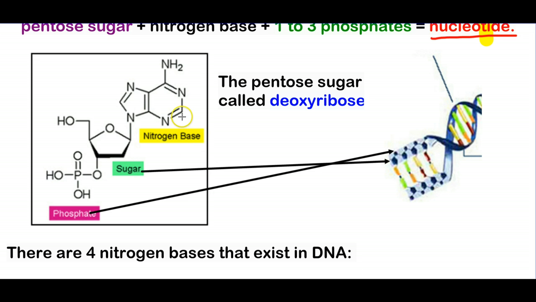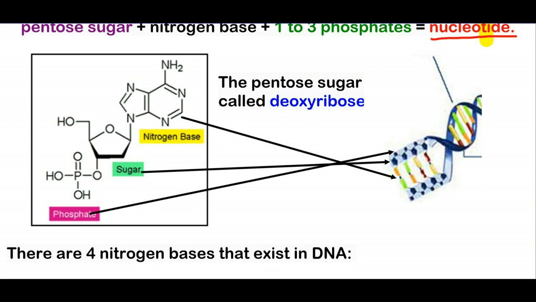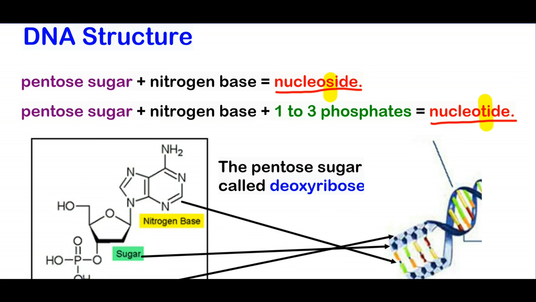And your nitrogenous bases, or nitrogen bases, which there's 4 to choose from, are all of the rungs that come across the ladder. Okay, so that's where we connect our chemical makeup to the actual structure of DNA. And remember that the pentose sugar is called deoxyribose because it has one less oxygen. And just to give you one extra piece of information as well,